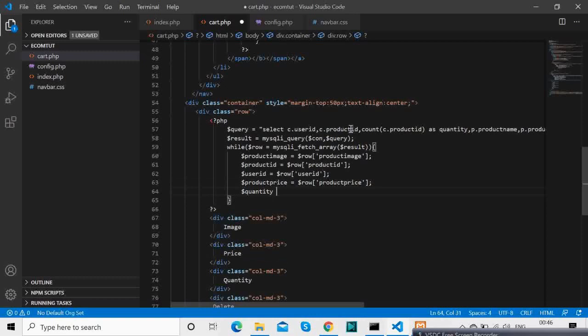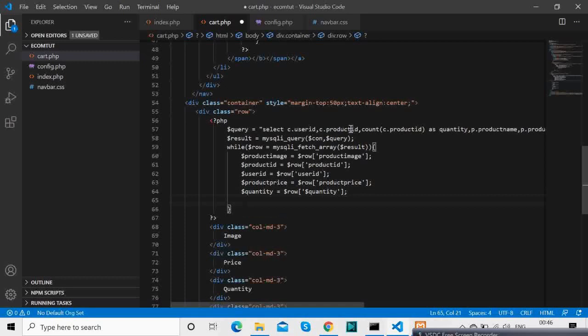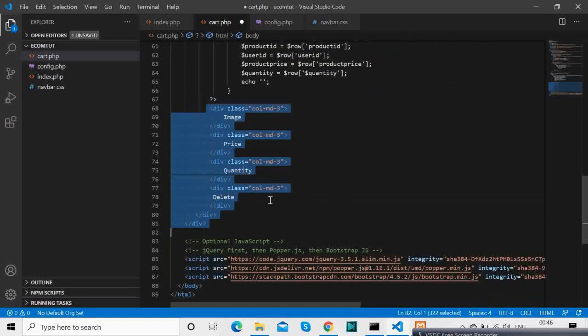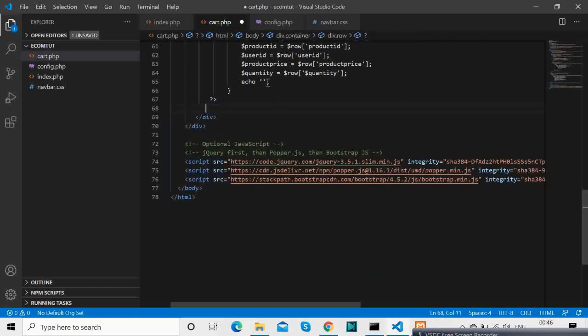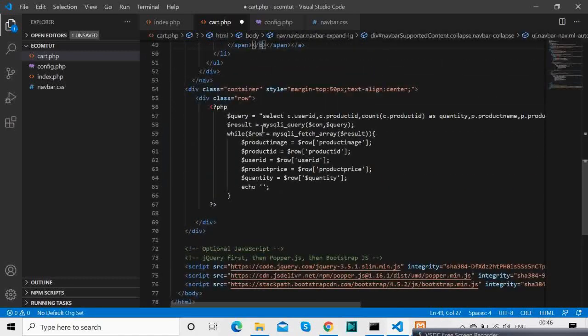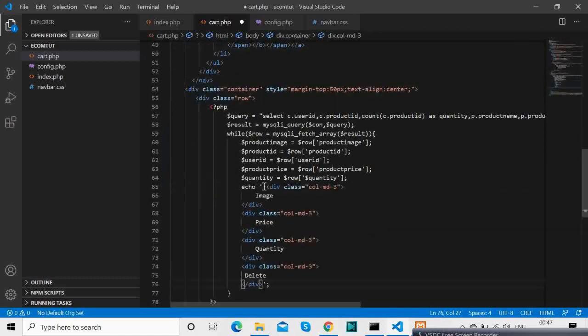So basically I have written this MySQL query where we are running that query, we are looping, fetching the array, getting all the data, and we will be displaying that result. Okay, so hope it's clear. In case you don't understand, you can pause and go through the video, also replay, go a little back and do that.